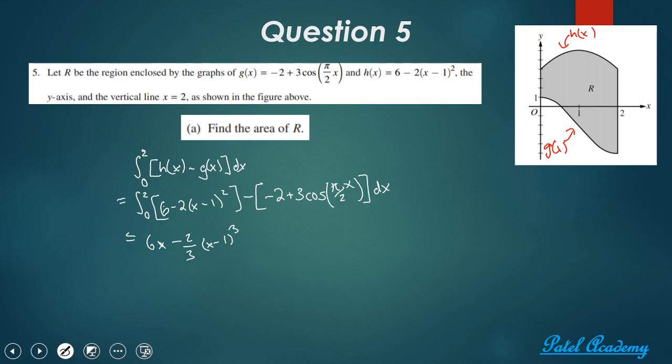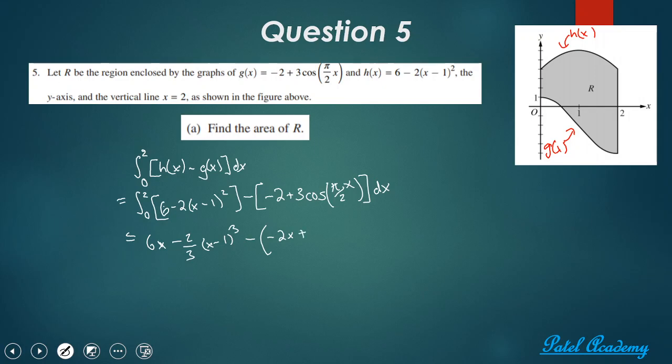Now I would divide by the derivative of the inside as well, but because the derivative of the inside is 1, it doesn't matter. Now keep in mind that we're dividing because this is the inverse chain rule, so if you're doing the chain rule, then you'd multiply by the derivative. Because we're integrating, it's the inverse chain rule, so you divide. And then minus negative 2x